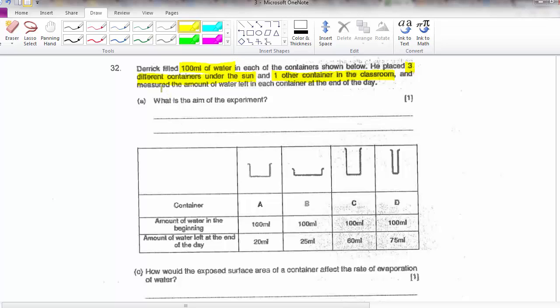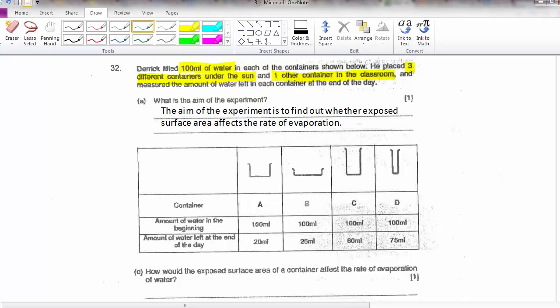What's the aim of this experiment? So we need to find out what is the variable that is different. So if you look, the containers look different. Okay? Now, what other variables? The location is different, but for 3 of the containers, the location is the same. Okay? So although it seems like he is changing 2 variables, the main variable that he's changing is the exposed surface area. So the aim of the experiment is to find out whether exposed surface area affects the rate